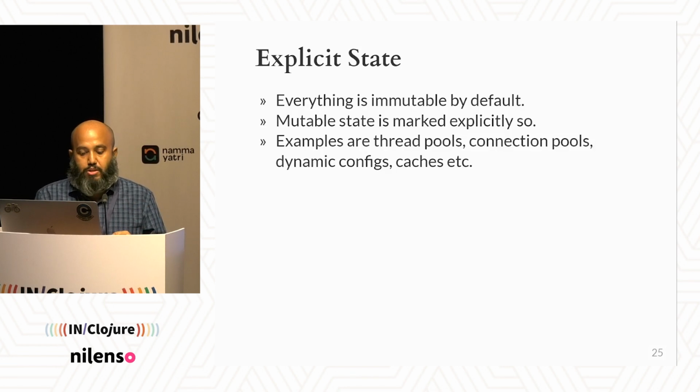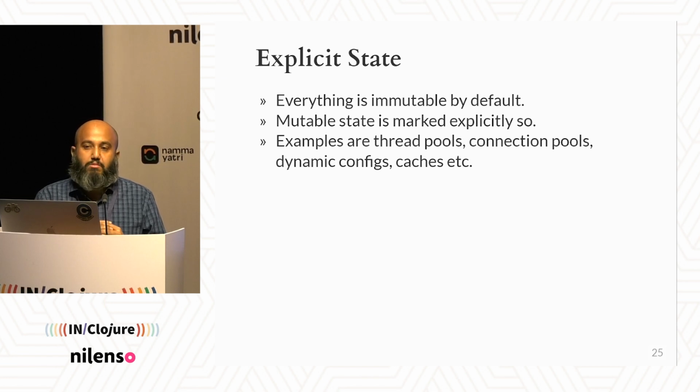The second aspect of this pattern is explicit state. So if most of the things are immutable, most of the things do not change, the things that do change are marked explicitly, right? So of course, you're doing programming, things will change, right? Because programming is a reflection of things you're trying to do in the real world, and real world things change, time progresses. So you need mutable state, but you should constrain it.